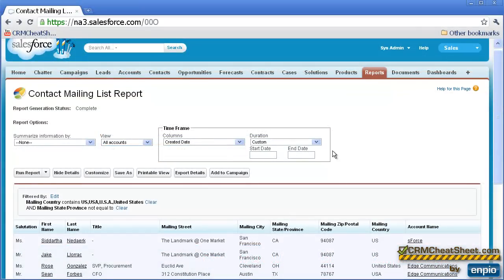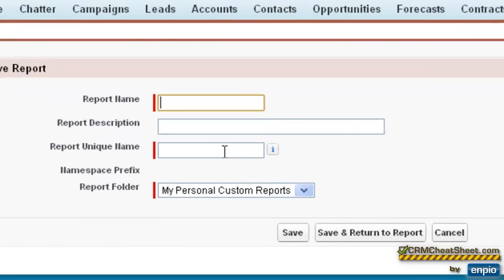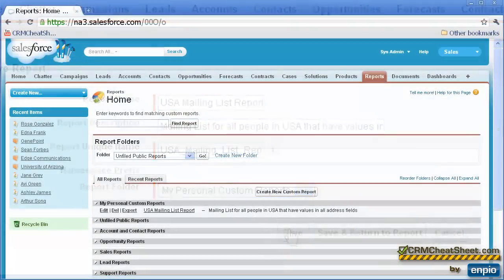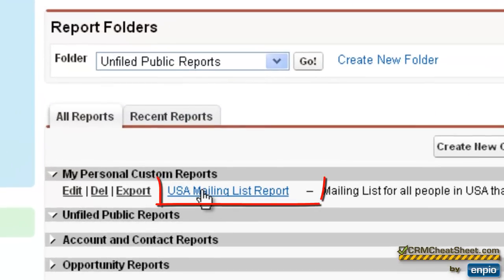Finally, this report looks like it might be useful to other people in our company, or we might want to use it ourselves in the future. So rather than building it every time, we're going to click Save As and make this our USA mailing list report. And we're going to save this to My Personal Custom Reports. And here we are back on our Reports tab in our Custom Reports section. And there's our report. All we have to do when we want to run it in the future is just click